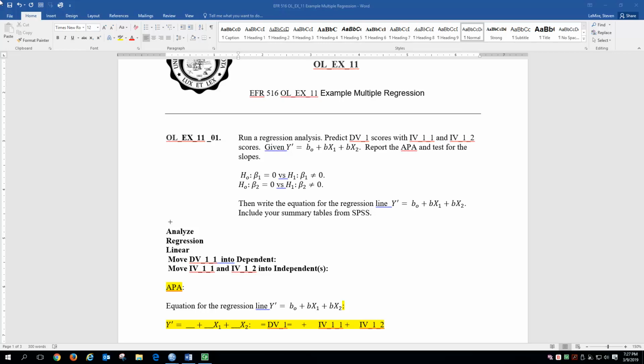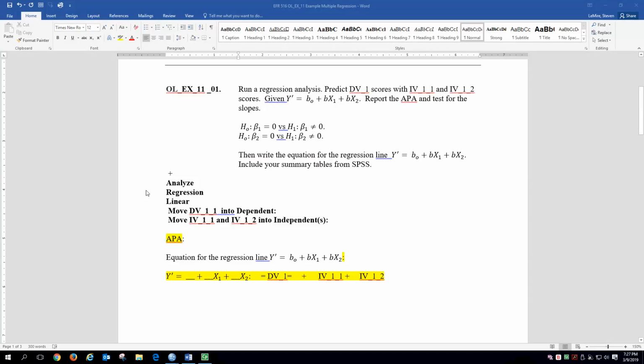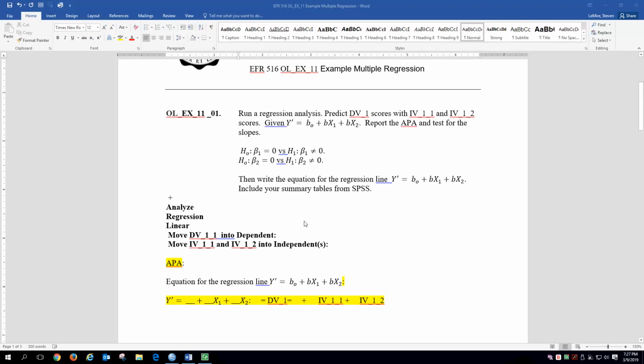The first one says, run a regression analysis, predict dependent variable 1 scores with independent variable 1,1 and 1,2 scores. Given this equation, report the APA test for the slopes. Then write up the equation for the line, include your summary tables. It's showing some steps here: analyze, regression, and where to move the variables. So we'll go to the data set